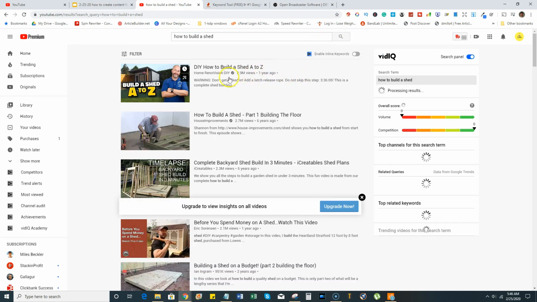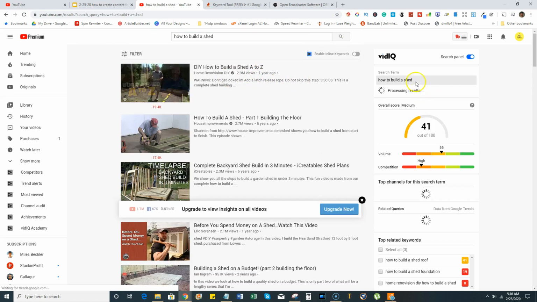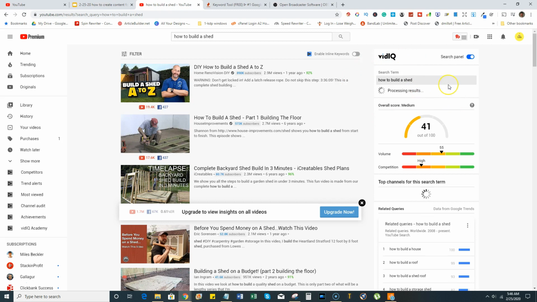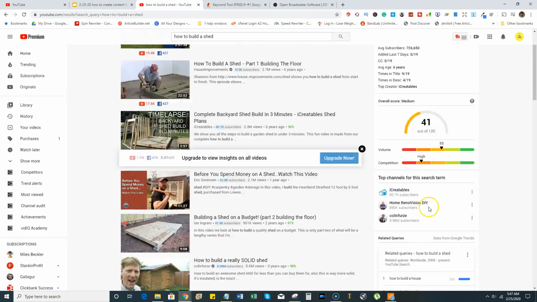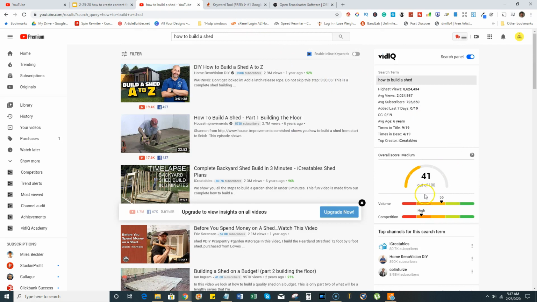and you'll see things pop up. So I do have TubeBuddy and vidIQ going at the moment, and you will see that vidIQ is saying this is a 41. There is a lot of volume for this keyword, and it's in orange, so the competition, it's a little steeper. So you may be able to do a video in here and get some views,